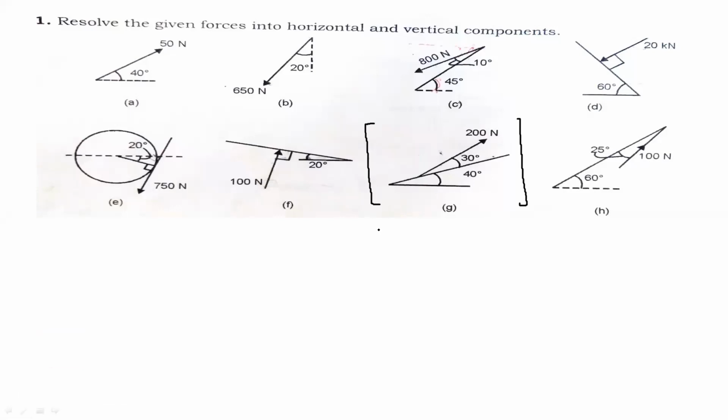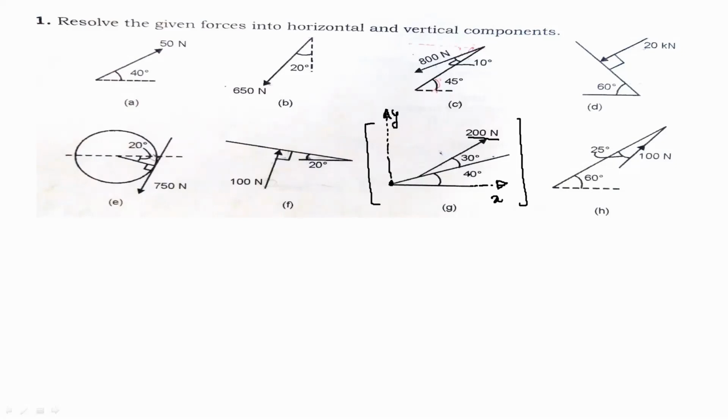So when we resolve any force, we need the angle with respect to x-axis or with respect to y-axis. Okay. So now here force is given as 200 Newton, and there are two angles given. One is 30 degree and one is 40 degree. Okay. So this 30-degree angle, it is not given with respect to x-axis. So we need to find out the angle with respect to x-axis. So we will construct x-axis like this. So we can assume this is x-axis. This may be your y-axis. This is just an arrangement to find out the angle of this 200 Newton with respect to x-axis.